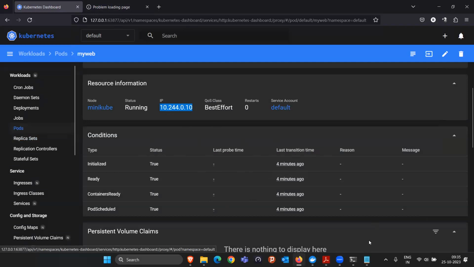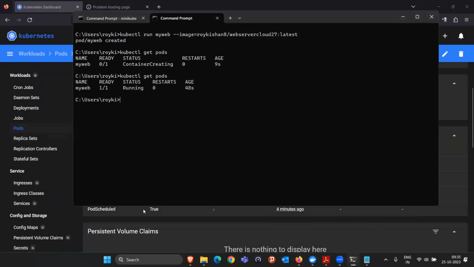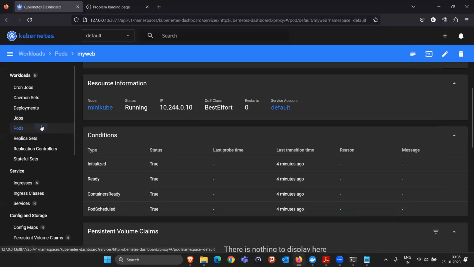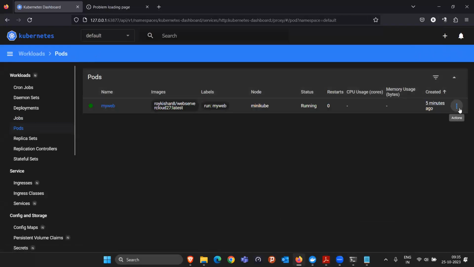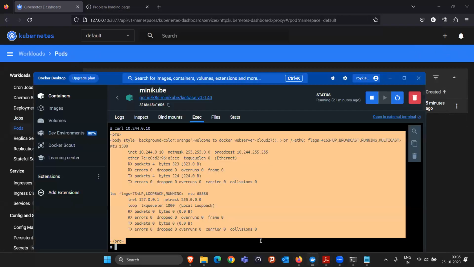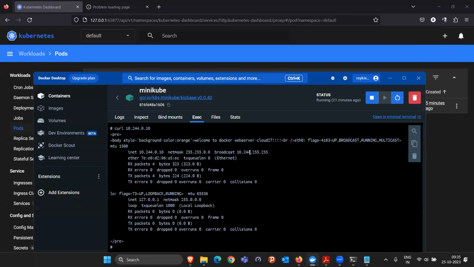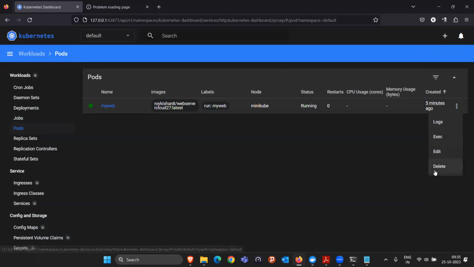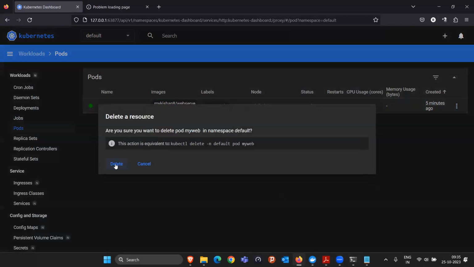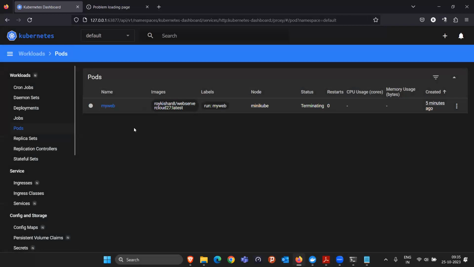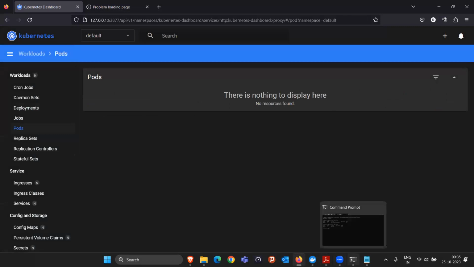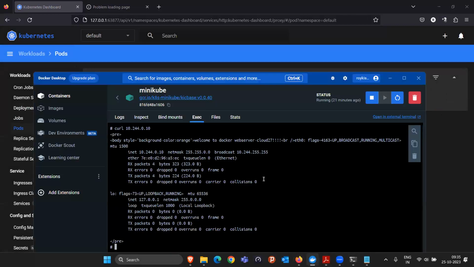Second goal: currently my website is running on this particular IP address 10.244.0.10, right? But if this pod is going to be deleted, like currently all my customers are accessing the website on this, right? They are making the call, they are able to see the website. But as soon as you delete this pod, all my customers will not be able to see the website. That is also the problem, right? See, this is in terminating state. I deleted it directly from here. And now if the customer tries to hit this command again, no, wait,